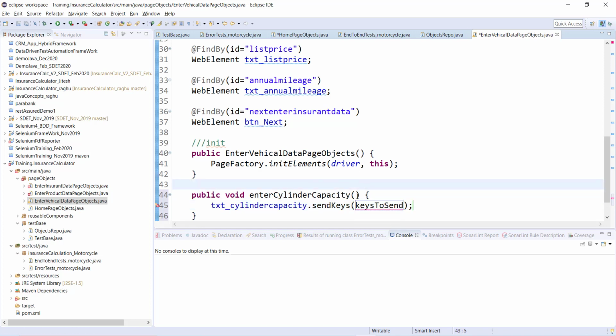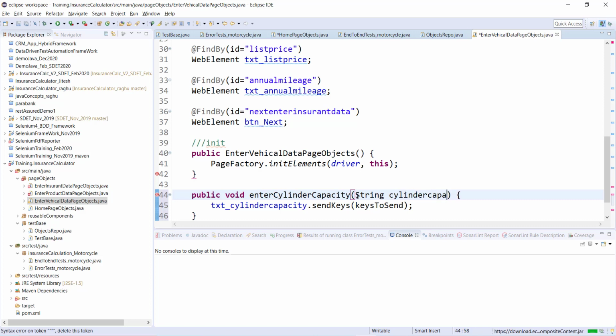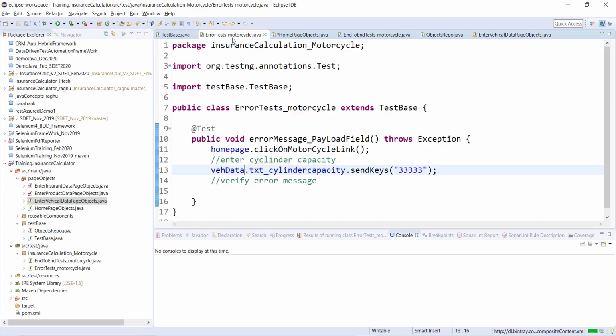So I will create one variable over here, string value, or I'll say cylinder capacity, and this is the value I should send. That's it. So wherever I want to send the value, I will simply call this particular method, instead of mentioning this complete stuff, and I will enter the cylinder capacity value over here.